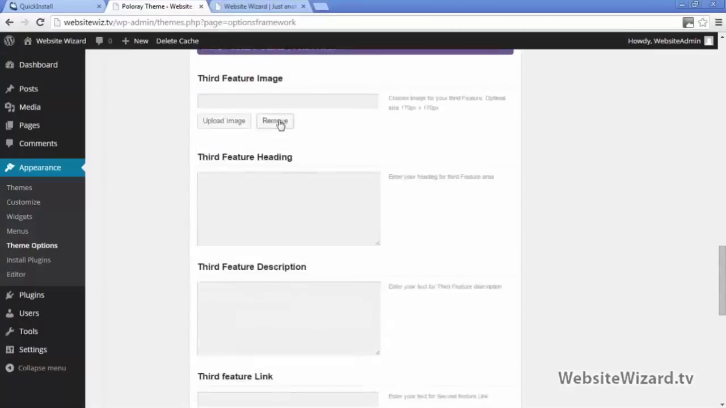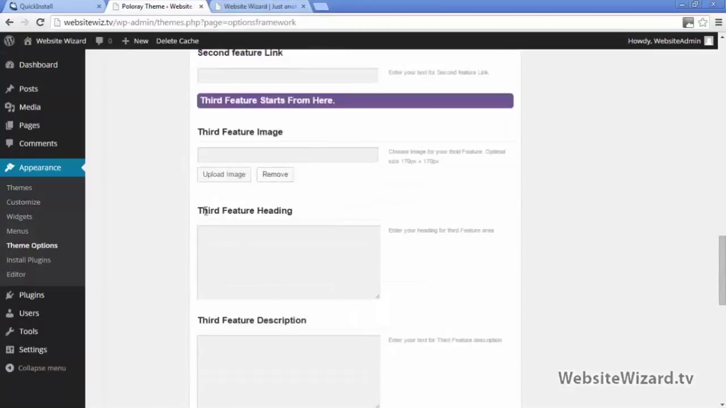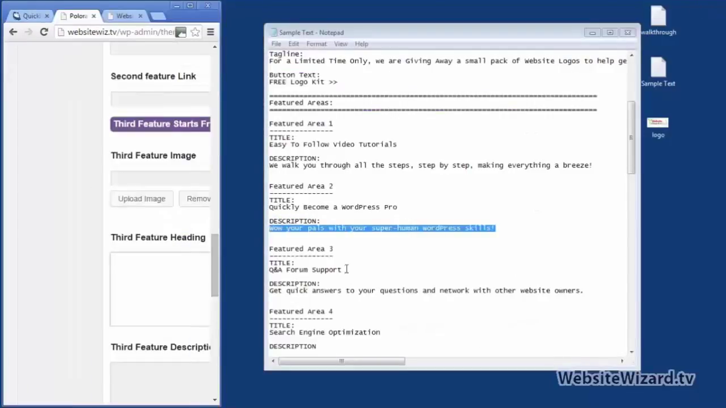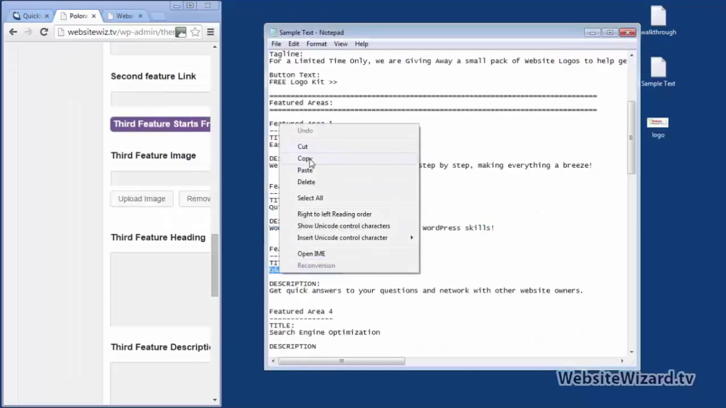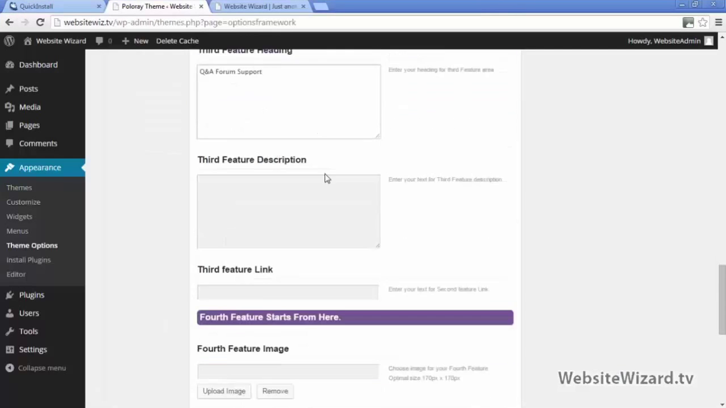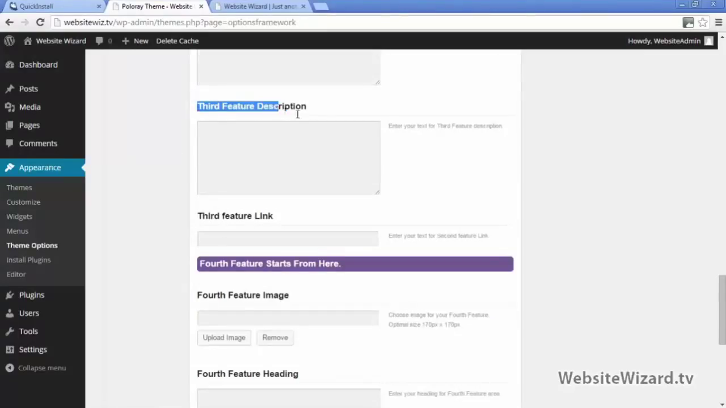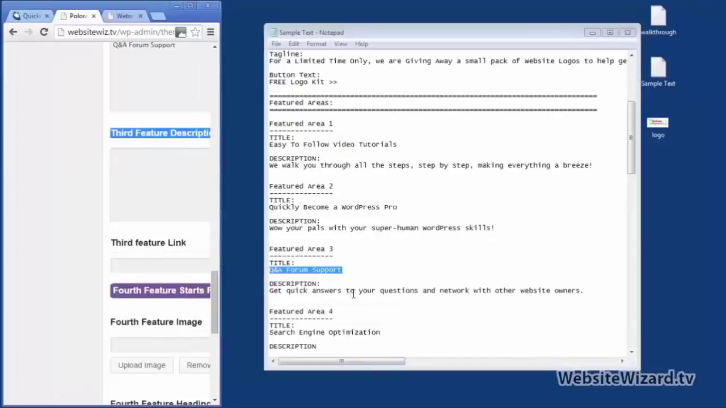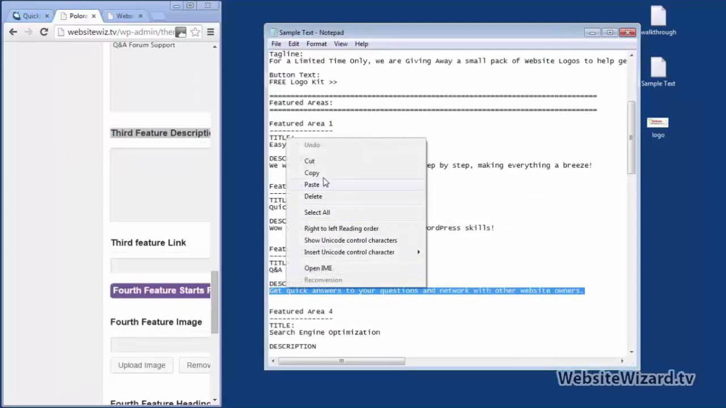Then I'll scroll down to the 3rd one right here. So 3rd featured heading, I'll grab that from my notepad file, copy that, and paste that right here. And then the 3rd featured description, I'll copy that right here